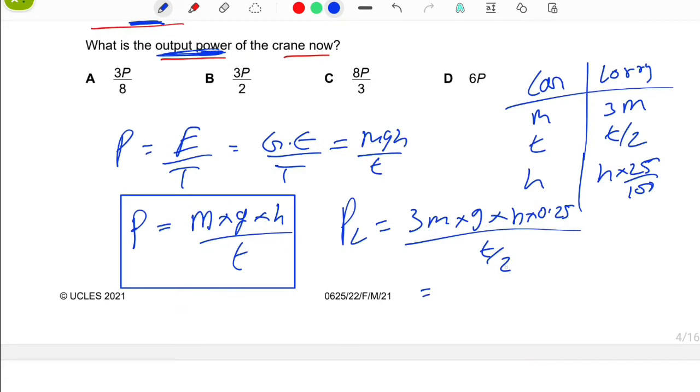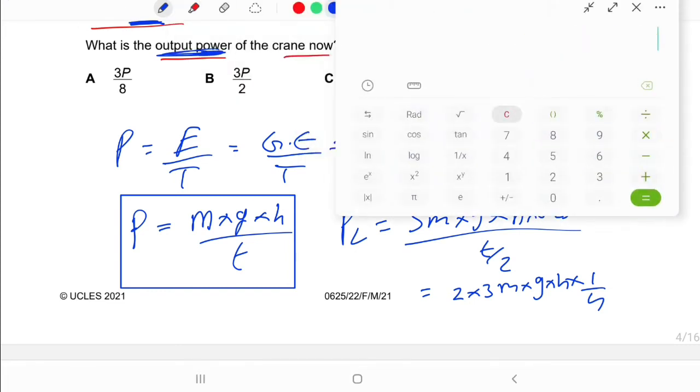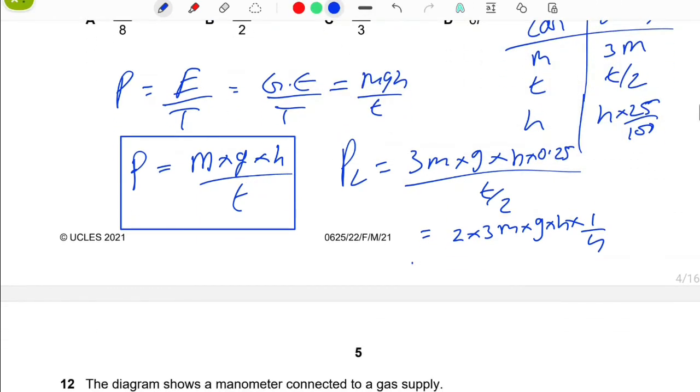This 2 will go from the denominator to the numerator, and it will get multiplied over here. 3m into g into h into 1 by 4. We can write 0.25 as 1 by 4. So let me prove it to you guys: 1 divided by 4 is 0.25, as you can see over here. So now we will do manipulation again. So 2 1s are 2, 2 2s are 4, and 3